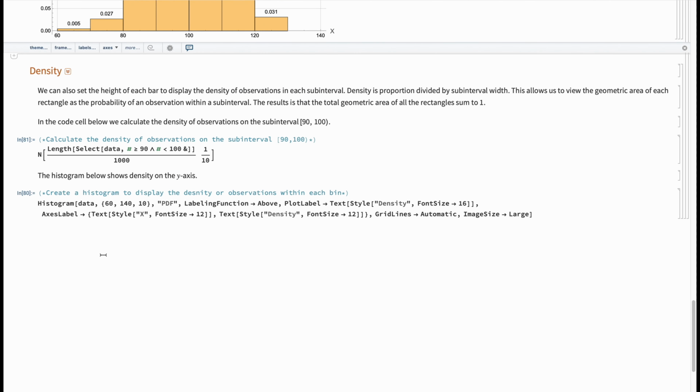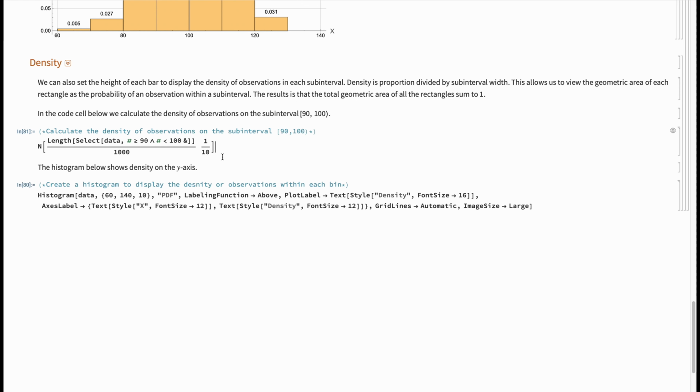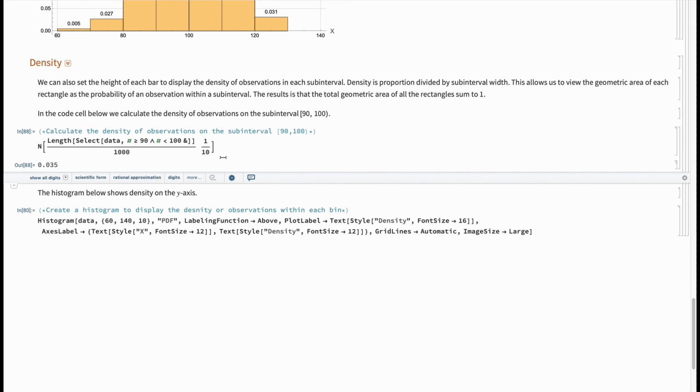The last type of information that I'm going to talk about on this y-axis is density. So what we're going to do is take this proportion and divide that by the bin width itself. So what I've done with the code, we see the proportion, I'm just multiplying that by 1 over 10, which means I'm dividing by 10 because my bin width is 10. And now I get a density of 0.035. Remember, all of these values are dependent on your choice of the bin widths. Now let's create